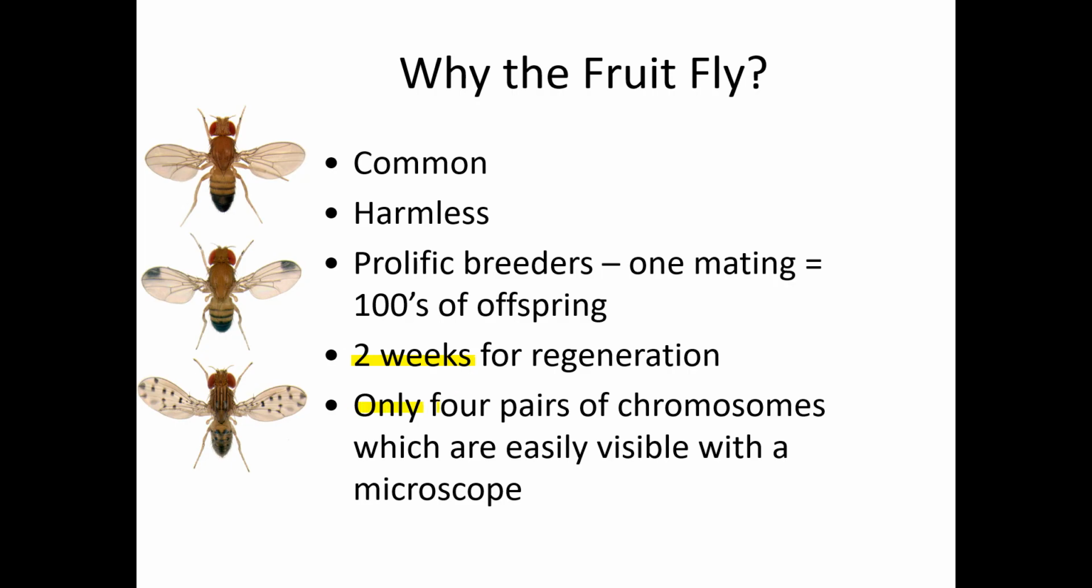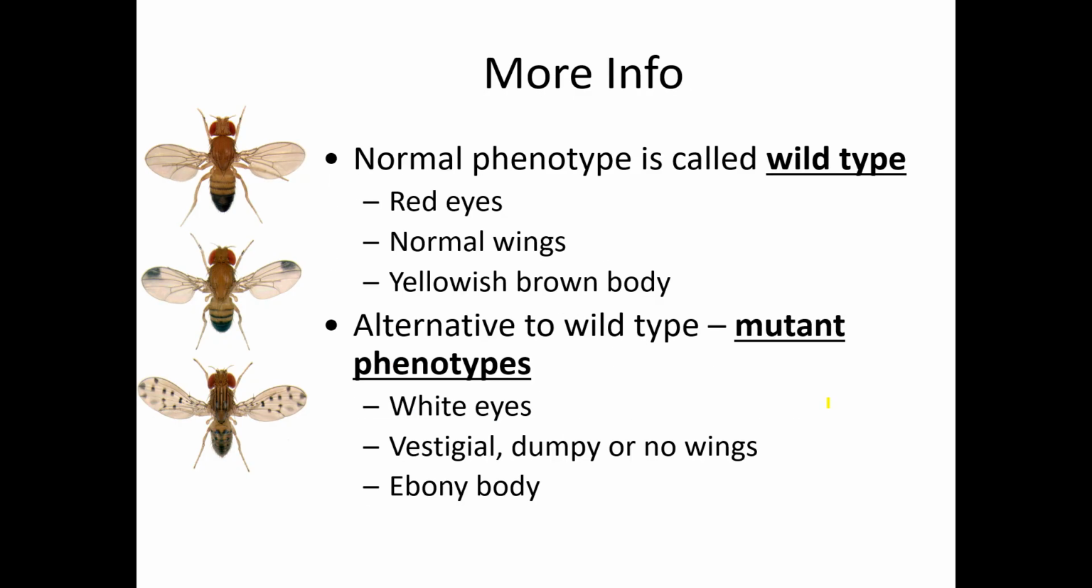They also only have 4 pairs of chromosomes, so it makes them a lot easier to study those chromosomes under the microscope and to look at the differences amongst the chromosomes. And so just to give you some background info on the fruit fly,